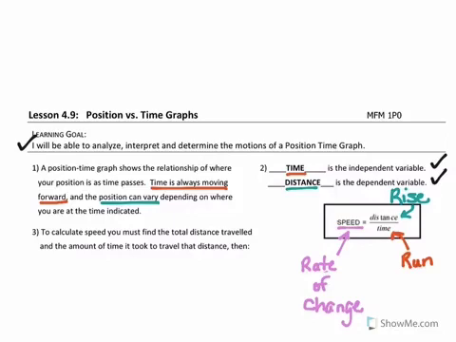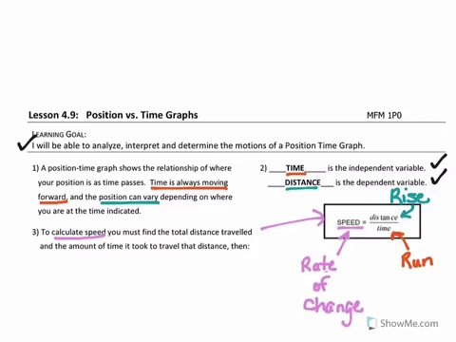Okay, so once you have those two variables, you can calculate your speed. So in order to calculate your speed, there's a formula right over here. You take your distance and you divide it by the time. So the distance, since it's your dependent variable, is actually your rise, your y-axis, and then the time, which is your independent variable, is on your x-axis. So when you take rise over run, you get your rate of change,